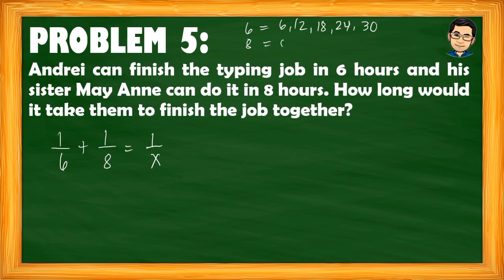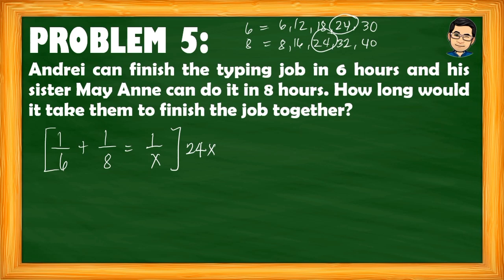8 naman, so 8, 16, 24, 32, 40. So, as you can see, yung LCM nila is 24. So, ang gagawin lang natin, i-multiply natin yung whole equation by 24 and then x. So, kasama din po yung x. So, ibig sabihin,